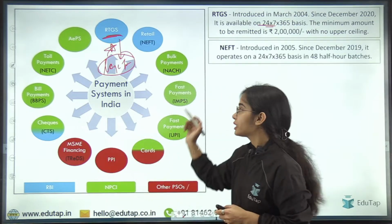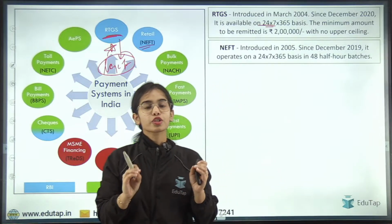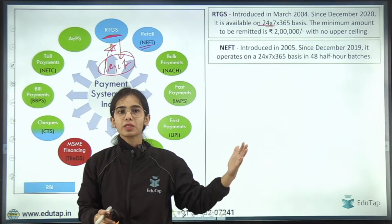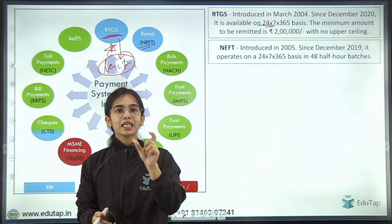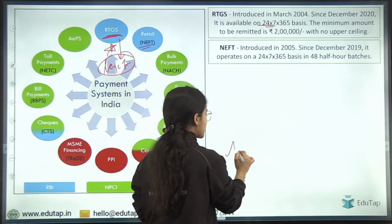Coming to NEFT. NEFT is the National Electronic Fund Transfer. It was introduced in 2005. Since December 2019, it operates on an all-day basis, 24/7, 365 days. And NEFT does not happen on a real-time basis. That means, in the case of NEFT,